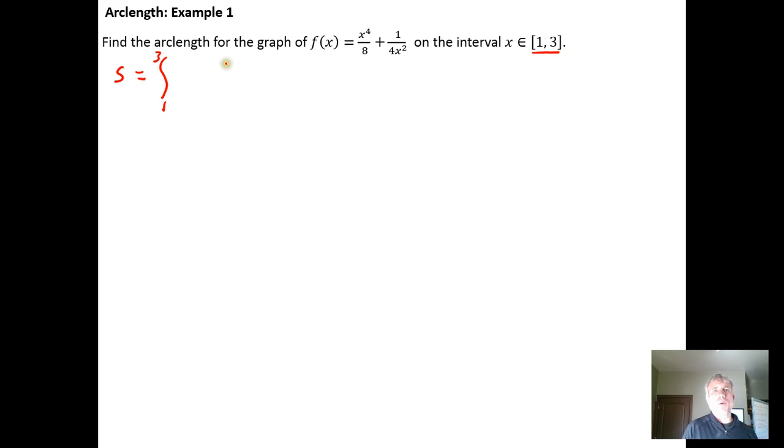And this comes from the formula that we developed in video 1. So if you haven't watched video 1, you should at least fast forward through video 1 and write down the formulas that we developed in that video, because those are the formulas that we'll be using moving forward. So the arc length is going to be calculated by taking the integral from 1 to 3 of the square root of 1 plus the derivative of f of x squared